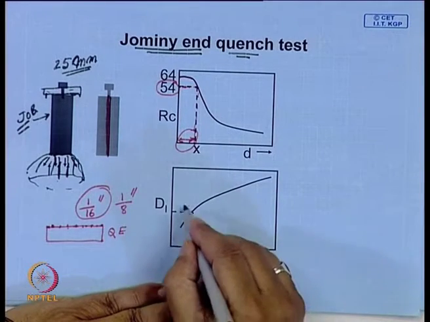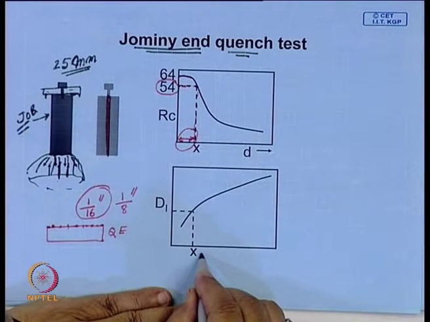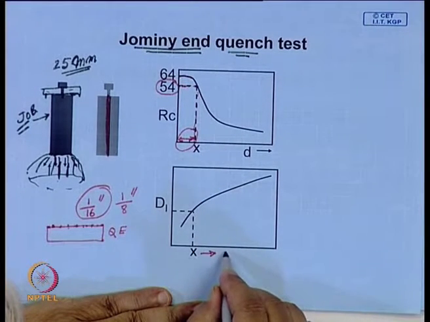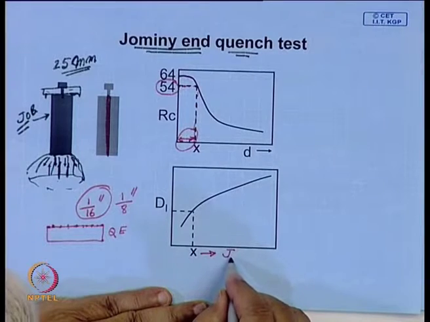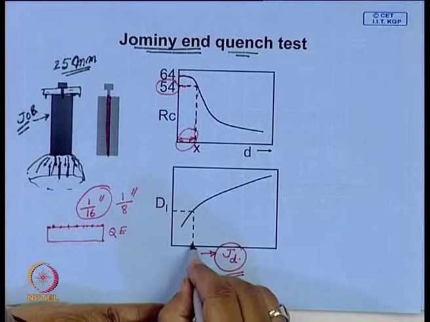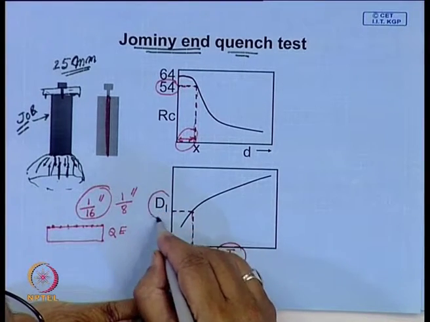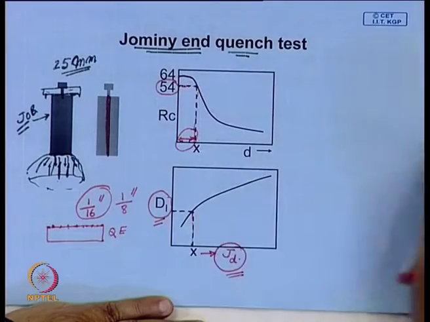So, one such graph is here. This is the Jominy hardness depth, the Jominy hardness depth which you have measured, and you look up this chart, and this chart will give you the ideal critical diameter. So, therefore, what we do here,